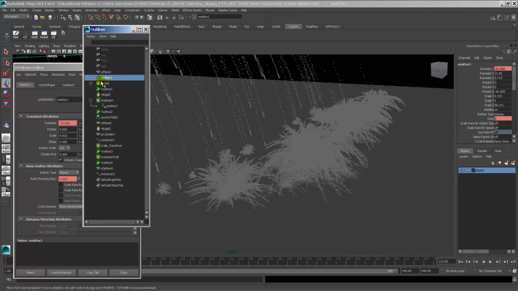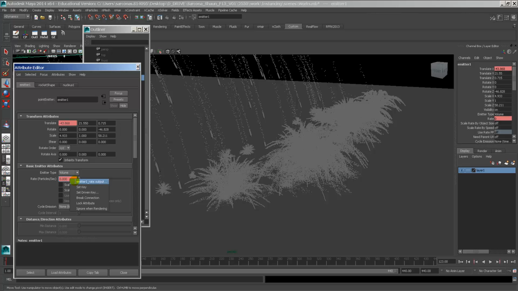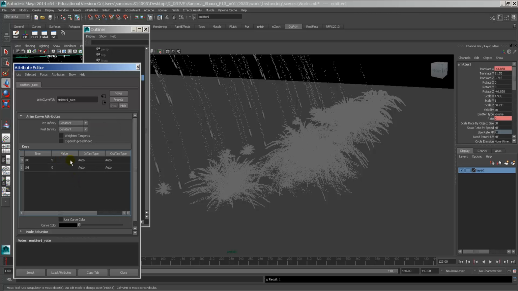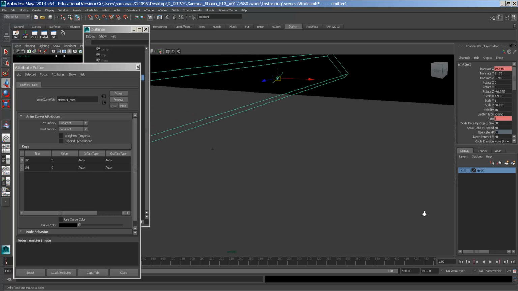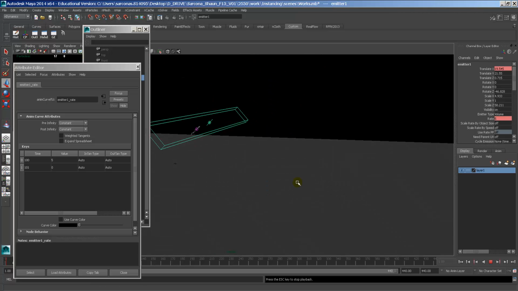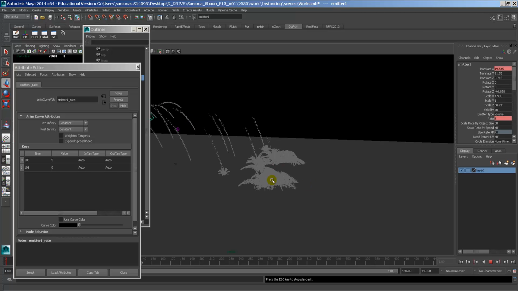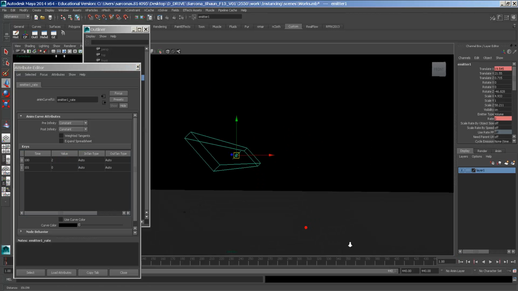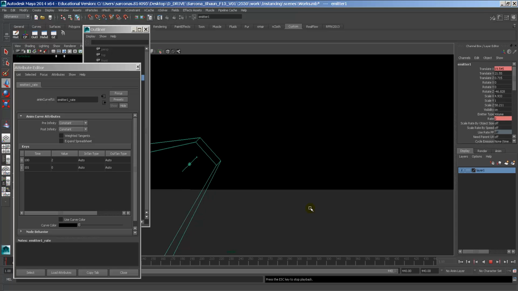my very first emitter, go to my rate, and then just set that rate to like 5. And that might even be too high just for previewing. Yeah, you can see it's going pretty slow. Let's go to 2. Alright, so let's go through and kind of iron out some of the stuff here to get this looking really